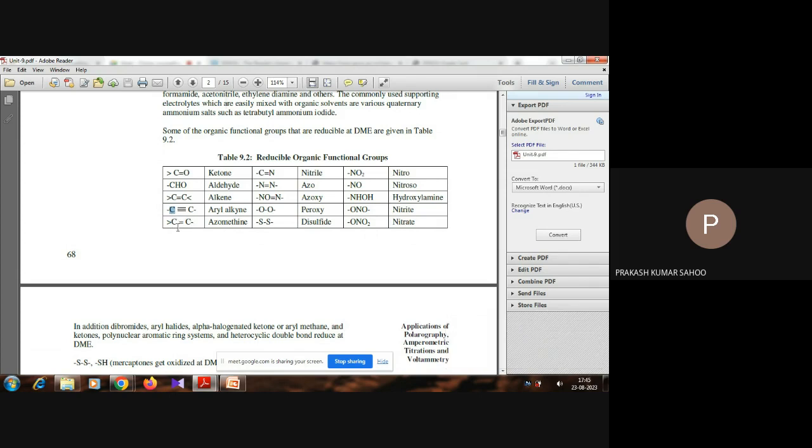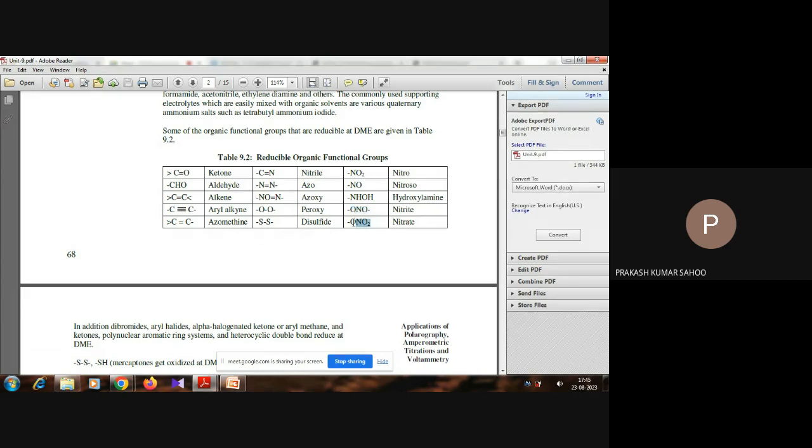So this is the azomethine group, followed by nitrile, azo, azoxy, peroxy, and disulfide. So these are the functional groups which can be reducible, and we have also nitroso, hydroxylamine, nitrito,